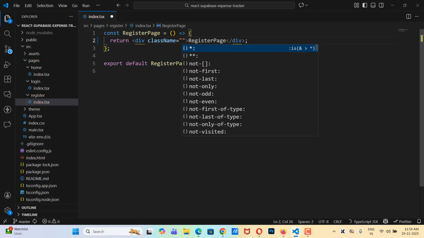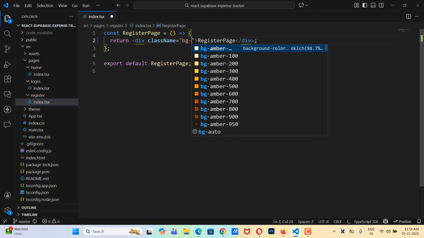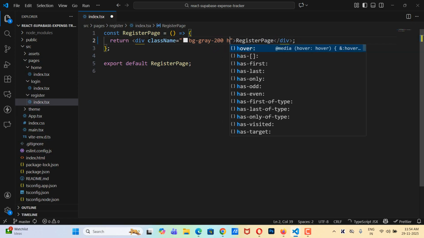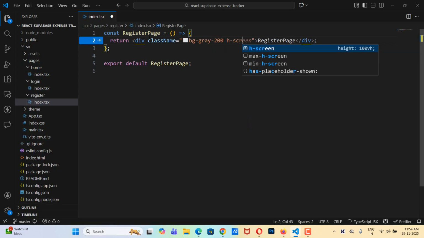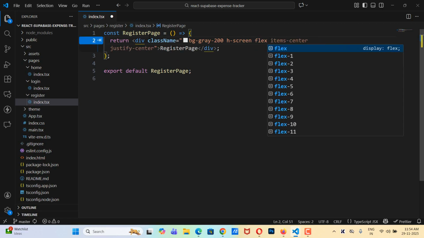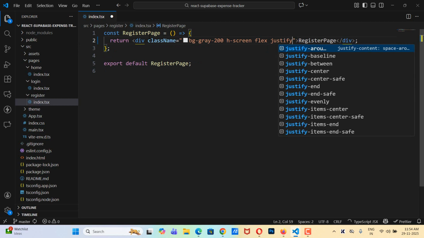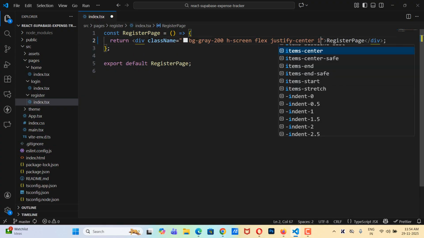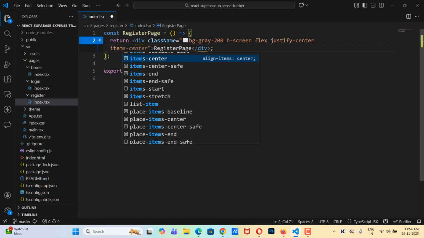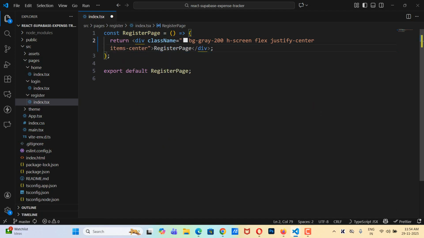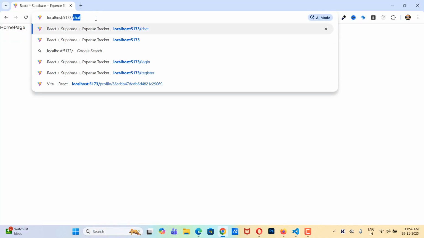So let's add it. Class name, that is going to be bg gray 200. Then we need h screen. Then we need flex and justify center, and then we need items center. Save this, and if I go on the browser and go to the register page,